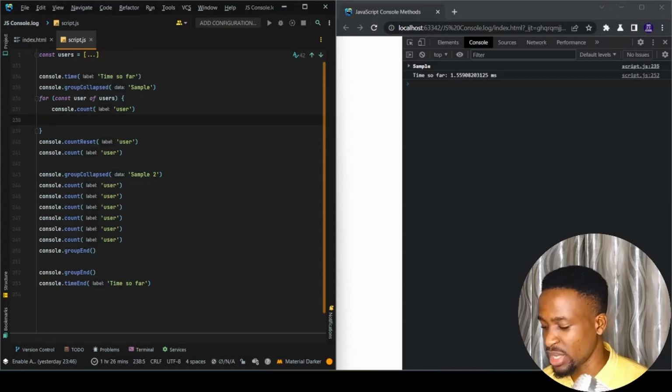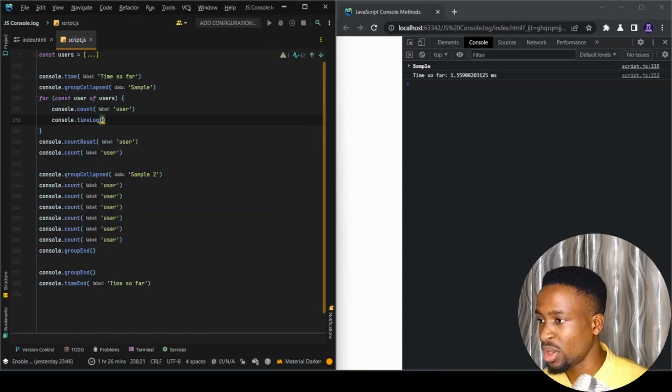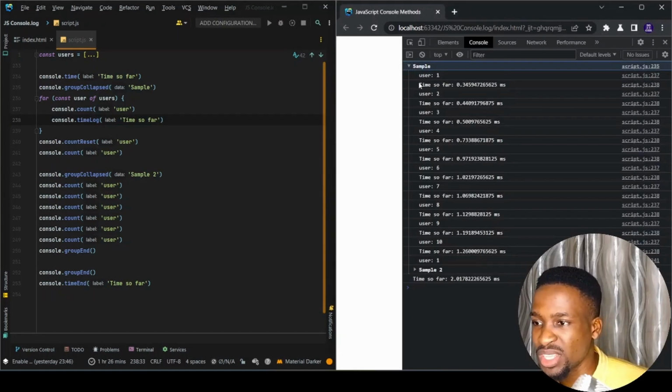So I could say Console.timeLog. I can use the time log for that, I meant to say. So I'm going to say Console.timeLog, and I'm going to give that the same label as this. And if I place that over here and save this, now when I open this, you can see the time so far, as at the time it wrote the user1 was this, as at the time it wrote the user2,